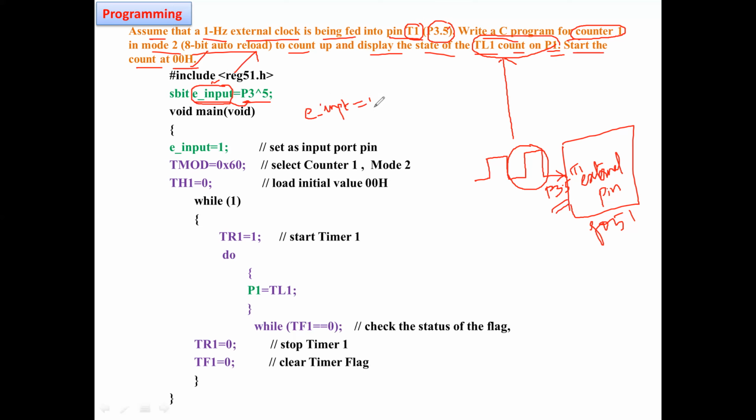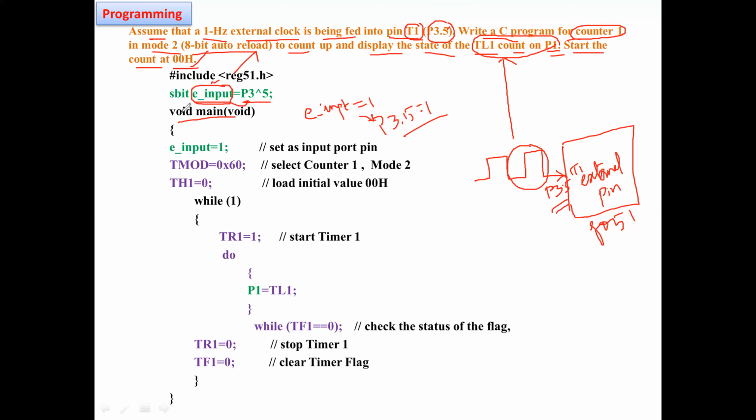If I assign 1, then automatically P3.5 will be 1. Now I'll start the main function.